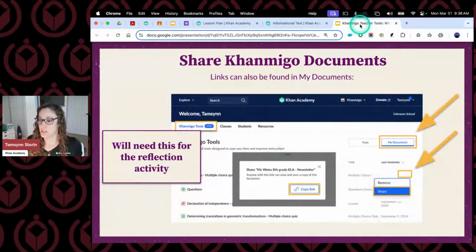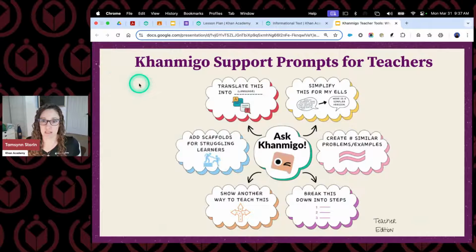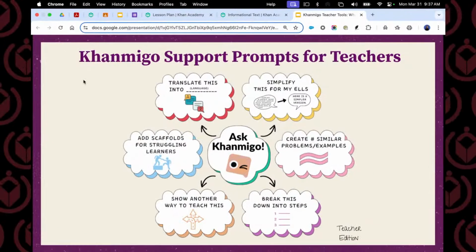All right. So I don't see any more that came in. The next thing is, this is a little chart that is also in the EdTech website that you guys can utilize. When you're chatting with Khanmigo, like I was just doing, these are some things you can ask, like, hey, I like this, but I need you to simplify it for my English language learners, or show another way I can teach that.